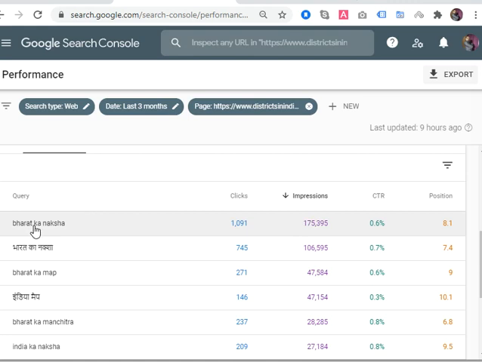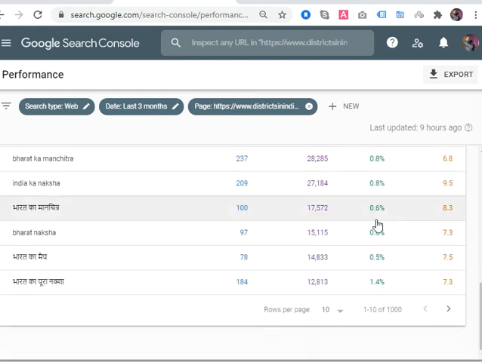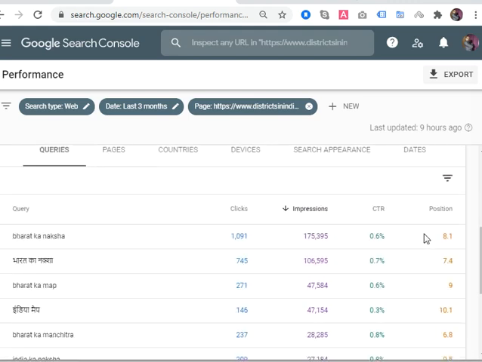If you think that the impressions for this keyword and this keyword and this keyword are very high and very low for the other keywords, then you have to give prime focus to these. If you give prime focus to these four keywords, then you get a lump sum of 4 lakh impressions. And suppose if 4 lakh impressions convert at only 1%, then it's 4,000. So be careful about those keywords associated with the page and getting good impressions.